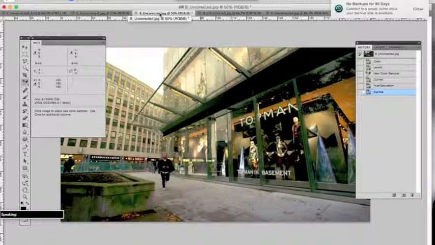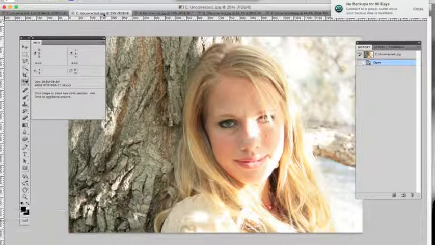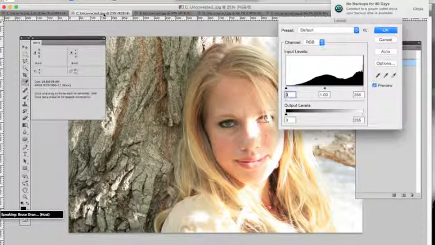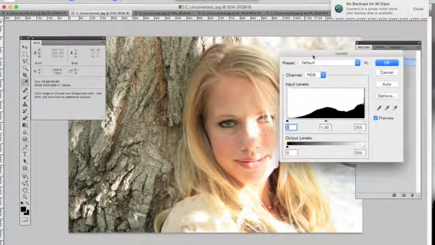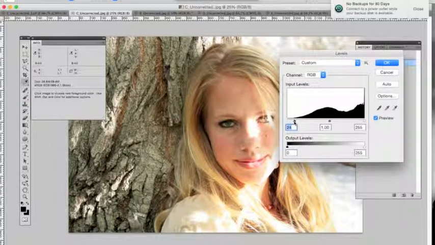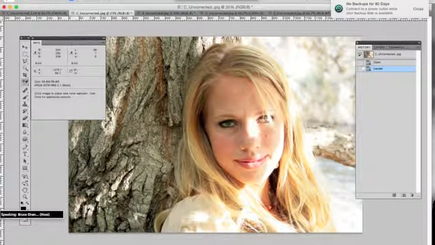So that's how we work with a dark image. We can also use the same concept when we have an image which is too light. We can check our levels, and we can see straight away that we've no pixel data, no dark point here. So simply by moving this up, we make an improvement,